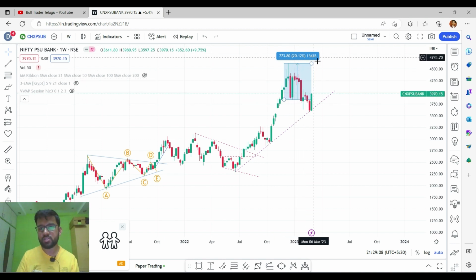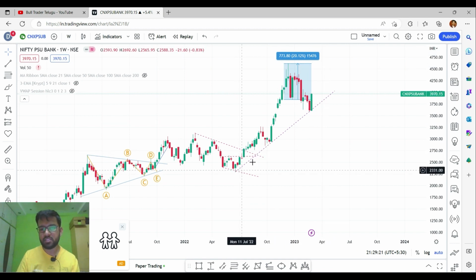If the market closes above this 4,606 level, then we can confirm that the trend which has come down because of this shooting star pattern has been invalidated, and the market can go up. But as the market is respecting this trend line as a support line, and has formed a bullish engulfing candlestick pattern from this trend line, then we can expect a good rally in the Nifty PSU banks,